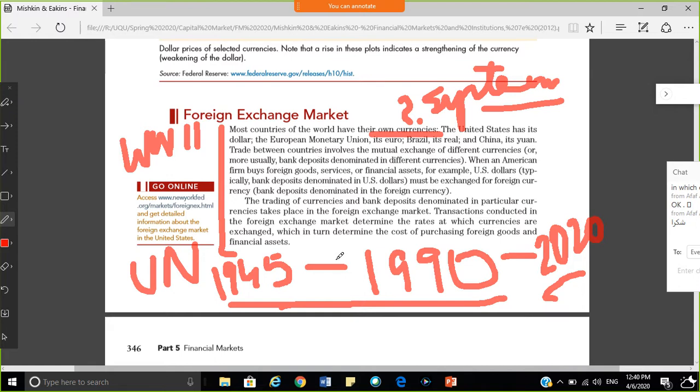And in this period from 1945 to some time, there was a system of gold. The currencies were valued against gold. After the 1970s, in 1970 sometime, you can search for exact dates, there was introduction of,